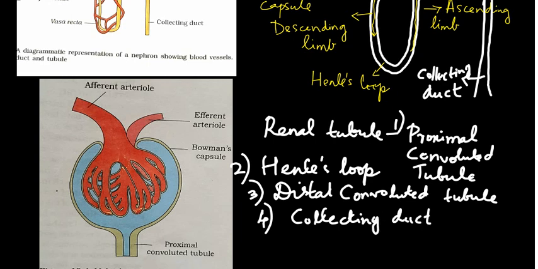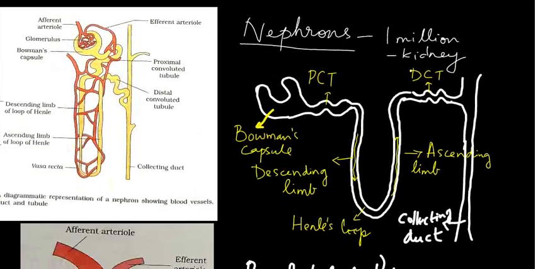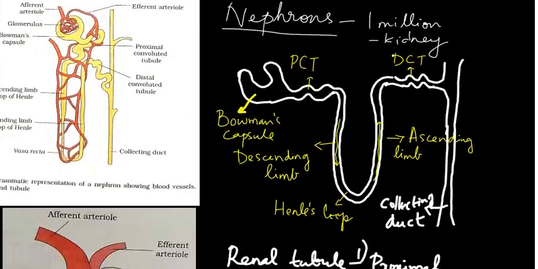But one nephron is not only made of renal tubule. They are also made of blood vessels. In these renal tubule, the parts like Bowman's capsule, proximal convoluted tubule, as well as the distal convoluted tubule come in the cortical area of the kidney, and the Henle's loop falls in the medulla area of the kidney. And some of the nephrons might be completely in the cortical area also.